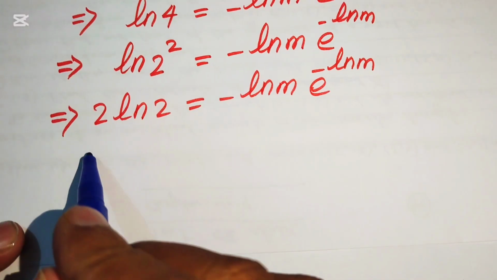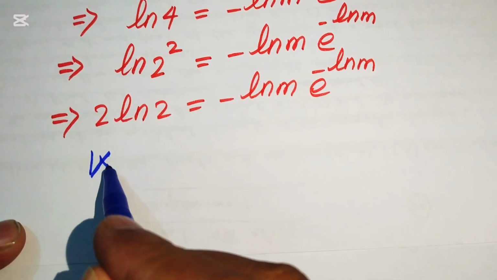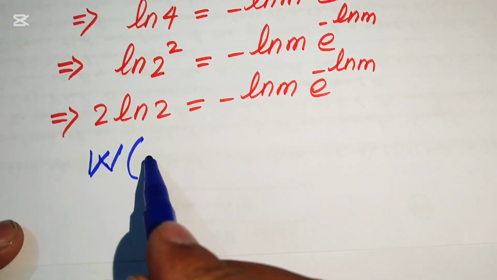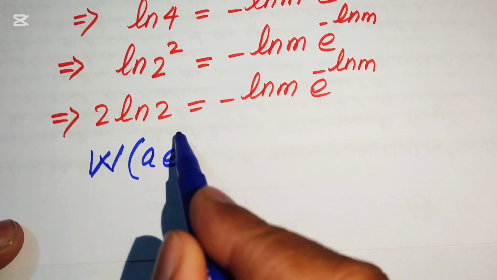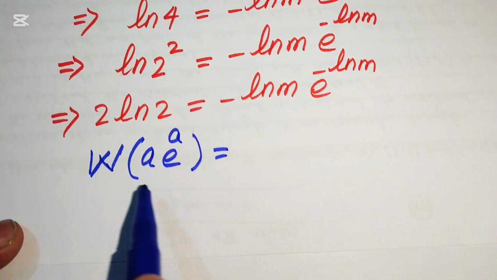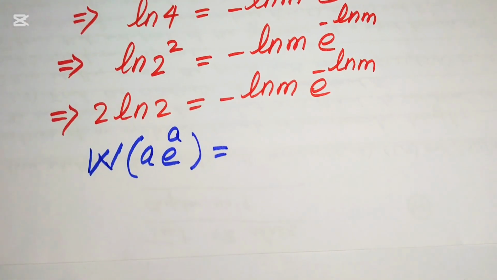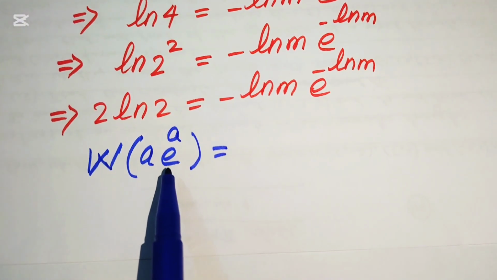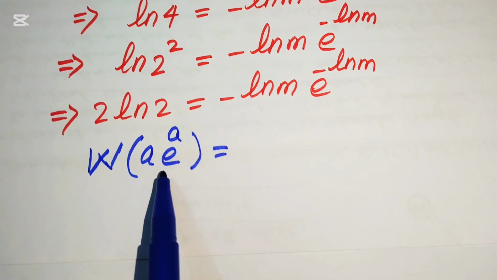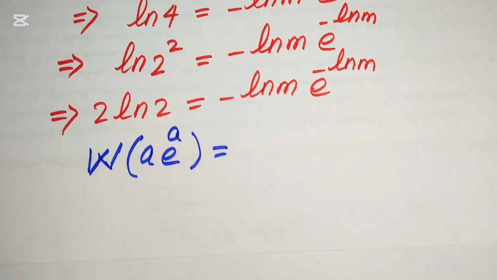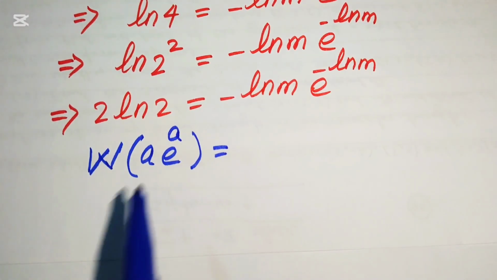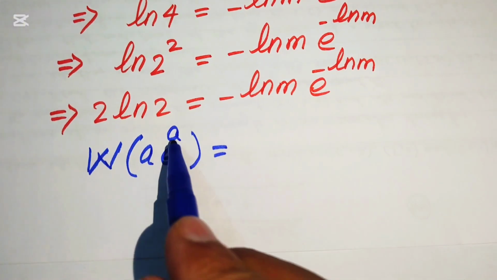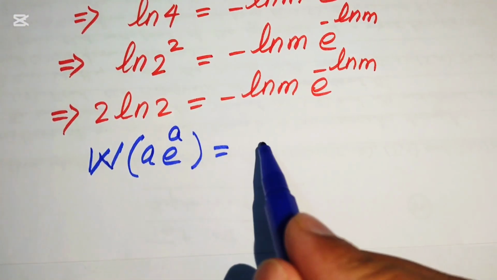The Lambert W function is denoted as W. If you have W of a times e to the power of a, this is the standard form of the Lambert W function. It means that in a Lambert W function, we first make an exponential function with base e, and after that its exponent is multiplied by it. Then the output of this type of Lambert W function is equal to the exponent of e,